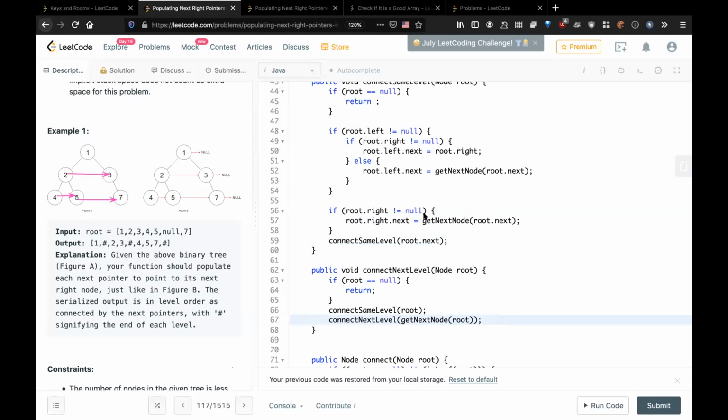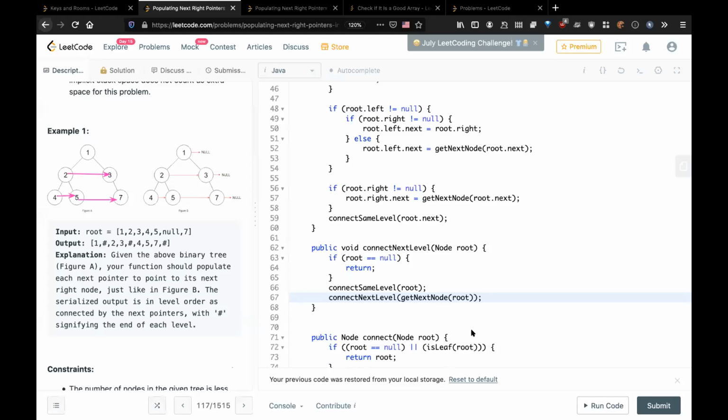So can we just change the function name to get next level node? That makes it a lot easier, I think. Sure, that's very easy to think, get next level node, which is what we're trying to use at 3 places. But it is not get next level node, right? Because what he's trying to do is get the next node on the same level, but using the information on the previous level. This function is actually trying to get the non-null node of the next level, not on the same level.